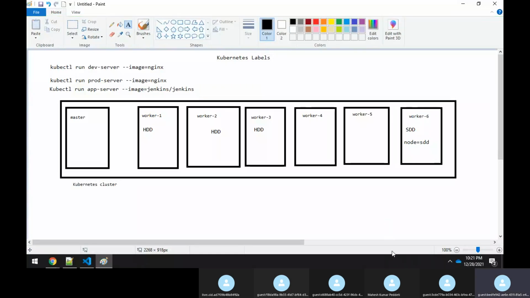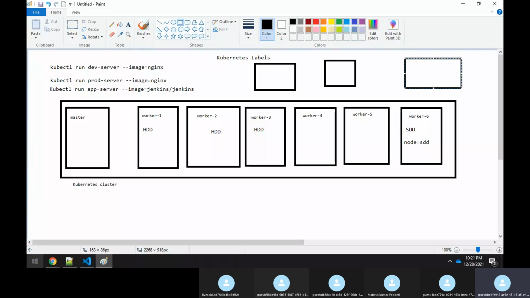So it means you can schedule any number of pods to a particular node, but you have to set a label. Now, we know very well that in the last session we created namespaces, right? What is a namespace? A namespace is an isolation, that's what we discussed. Like we had created some namespaces.